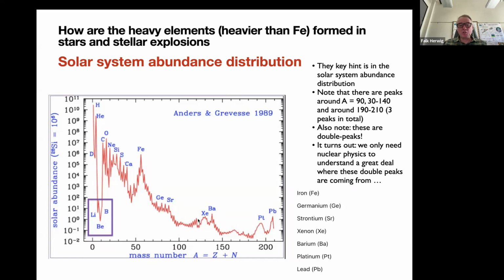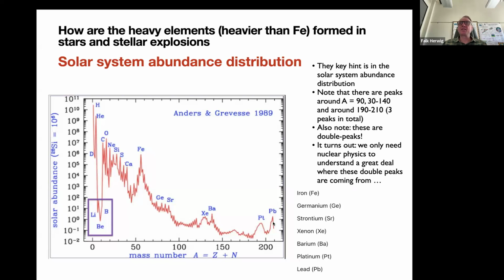But the key point is that if you look carefully, there is structure in here. There are overabundances, small peaks at xenon and barium, at platinum and lead. And if you plot it correctly, there's also a little relative peak here at germanium and strontium. Okay? And so what we say is that as a function of mass number, just by looking at the solar system abundance distribution, we find that in the trans-iron elements there are 3 peak structures. And what is really important is these are double peaks, right? They're not single peaks, they're double peaks. And that is a key